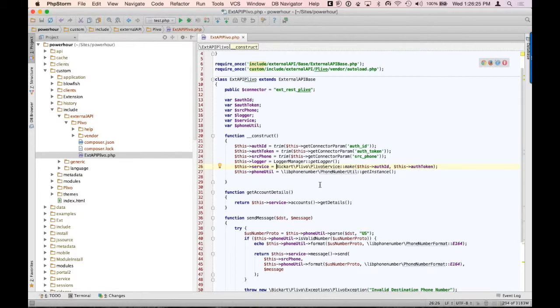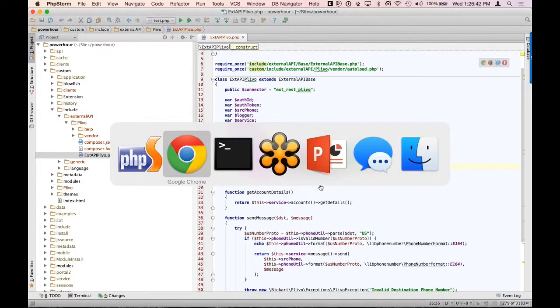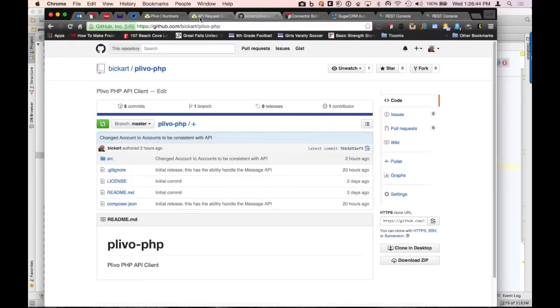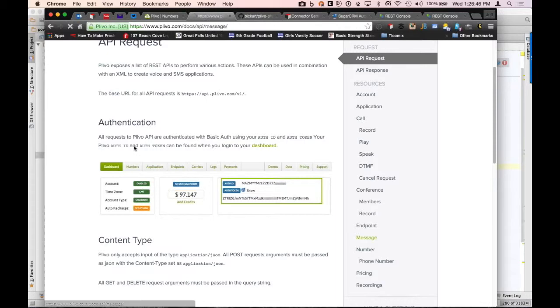I don't care whether the phone number is stored with parentheses or dashes or dots or spaces or whatever. I don't want to deal with that. If you remember in the API, it actually specified that it needed to be, let's go back to the API. When I looked at the API, it actually says in here,